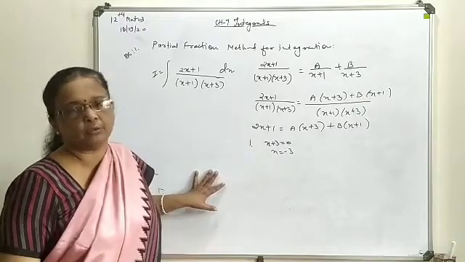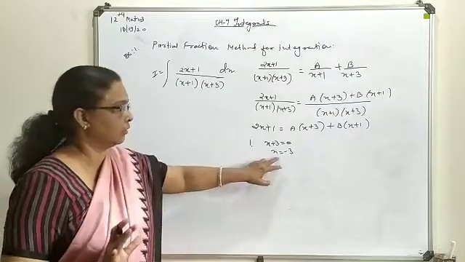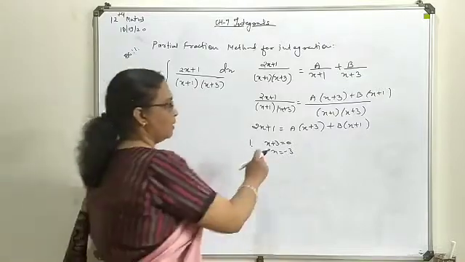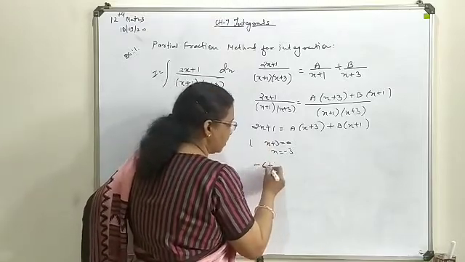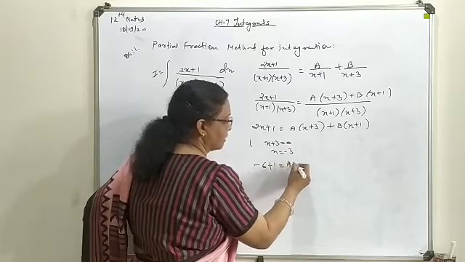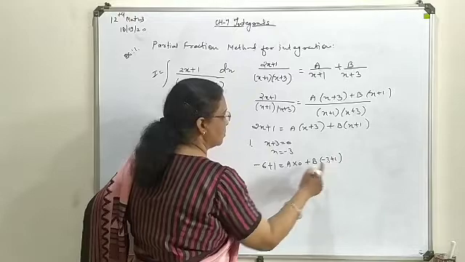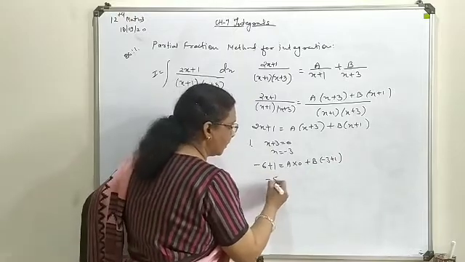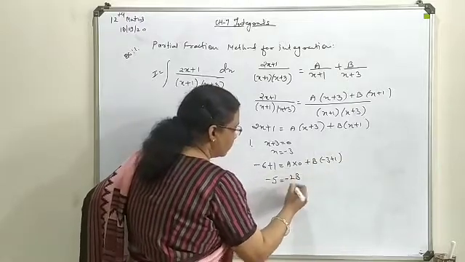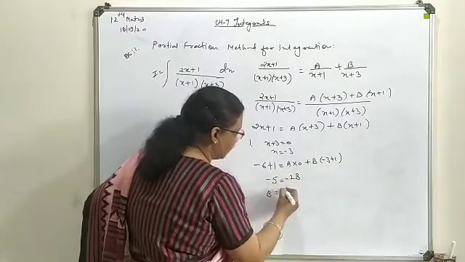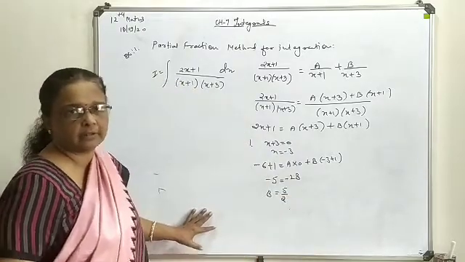With linear combination only, you go for writing a particular factor as 0, so that will give you the idea about the solution. So substitute on both sides: minus 6 plus 1, this a into 0 obviously, and this will give you b into minus 3 plus 1. So from there b will be separated out. This is your 5, this will be 0, and this is minus 2b. So from here b you can write as 5 by 2. So this is the one constant value you have evaluated.